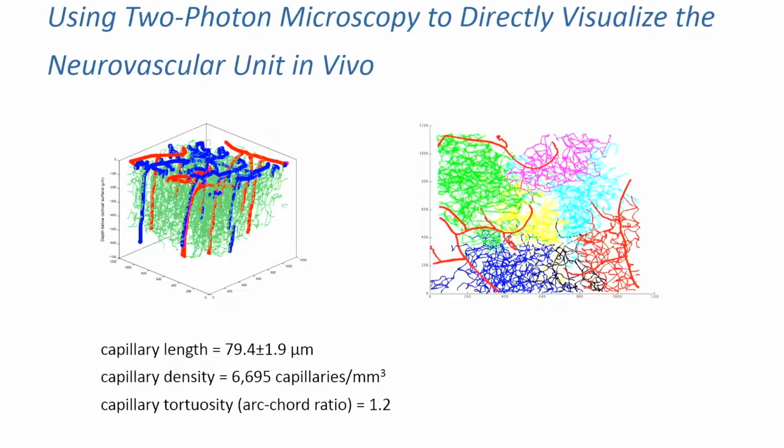For the average capillary length, for example, it's about 80 microns with a capillary density near 7,000 capillaries per cubic millimeter. And we can even ask in here, you have these arterioles represented in red and the venules in blue. We can ask for each penetrating arteriole, what is the range of capillaries that are fed by that arteriole? And you see that this microvasculature is parcellated also in functional microdomains, and it will be very interesting to understand